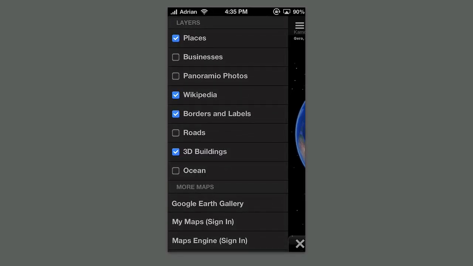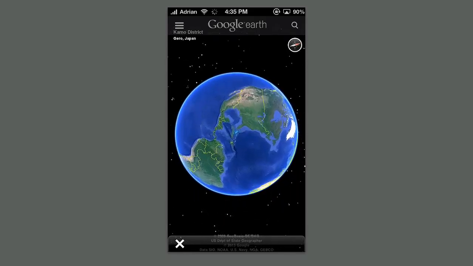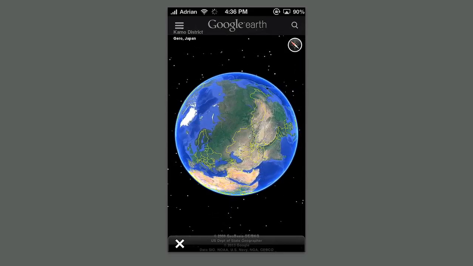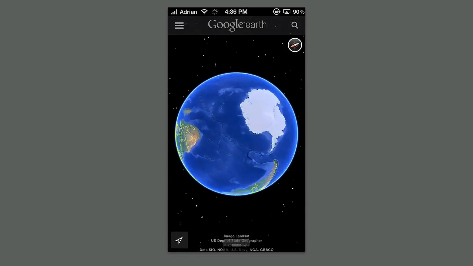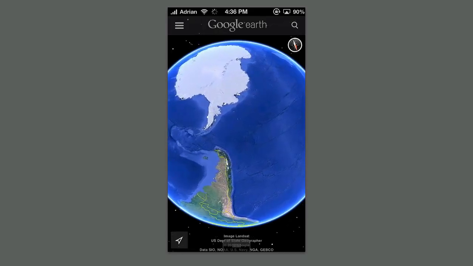So rather than just the geography of it, you can see businesses, you can see roads, oceans, all that sort of stuff. So it is really versatile with that. And last but not least, it packs that location-based awareness. So you can use it to find, again, places near you and stuff like that. So you can see the locations around you, street level views, all of that cool stuff, using the location button